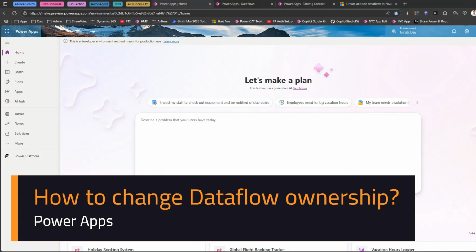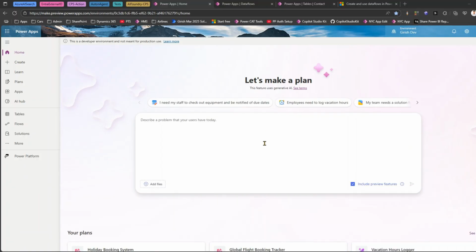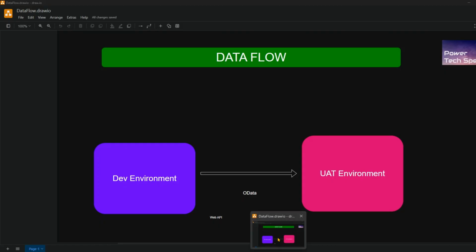In this video, I will show you how to share your data flow from one person to another. Now, data flow, I have covered all this in my previous video. If you haven't seen it, please have a look at the data flow video. Data flow is basically a process which we use to transfer data from one environment